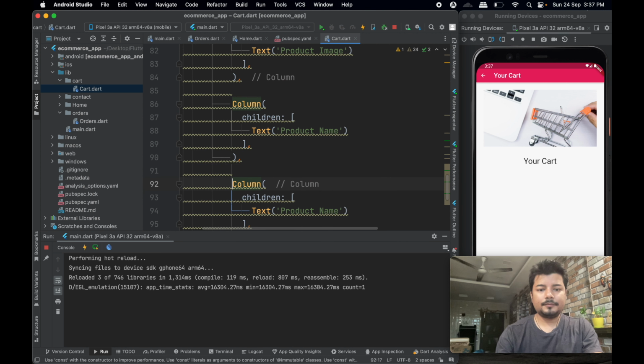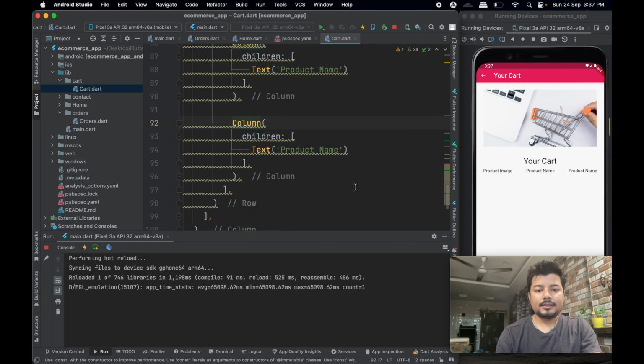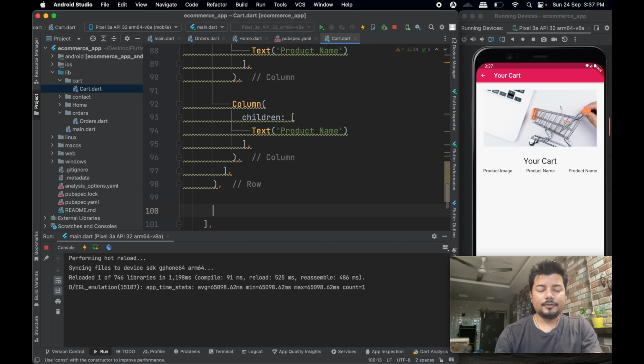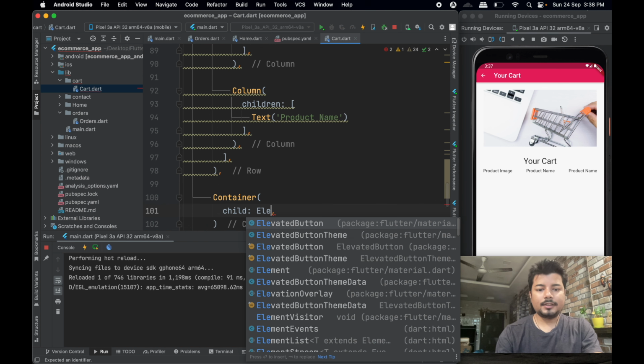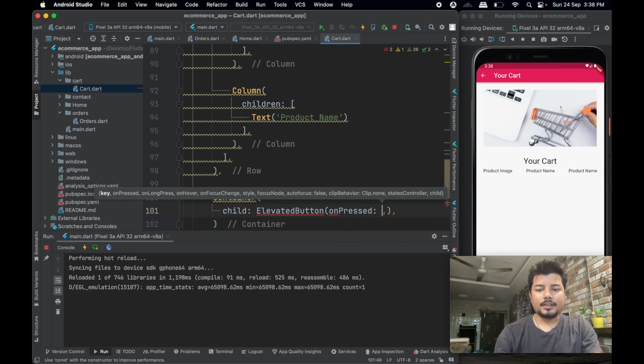Okay, in this way, product image, product name, and product price, and just below this we will again use one elevated option. This is the row, and now we will create one new row or column, maybe, or maybe simply a container, and inside this container we will be using an elevated button, and on pressed